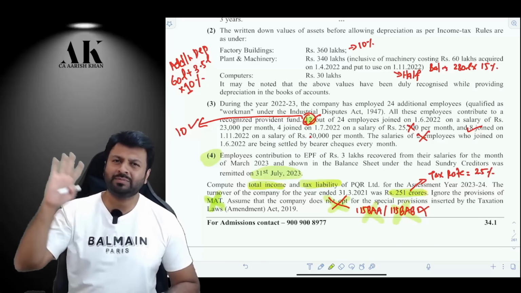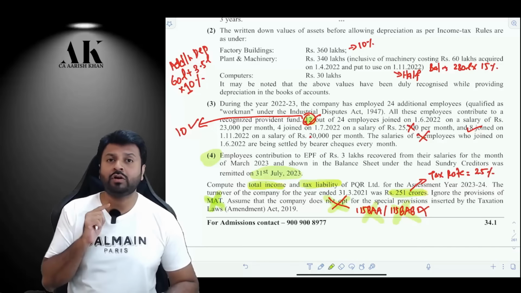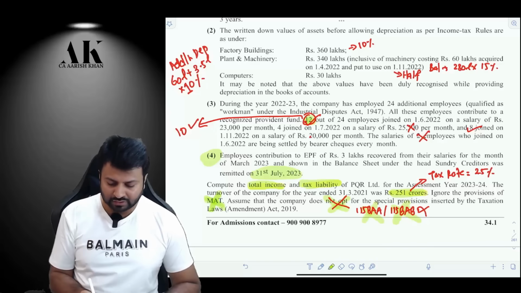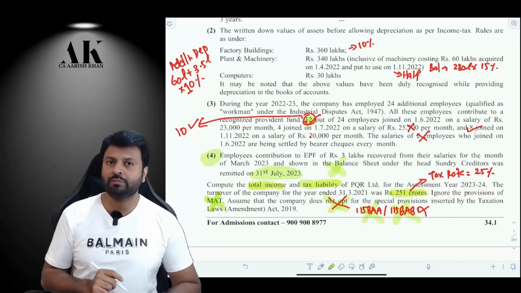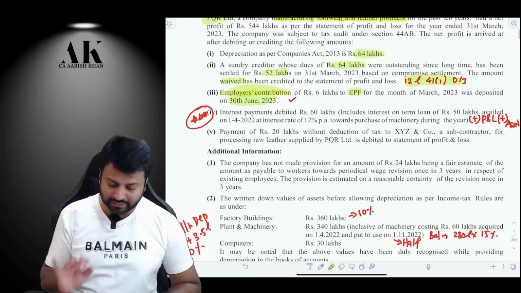Employer contribution, you can make the payment till the due date of filing of return. But employee contribution has to be made as a payment by 15th of the following month. So here they have made a mistake in the employee contribution, and in case of employer contribution, they are not making any mistake. They are absolutely fine over here.